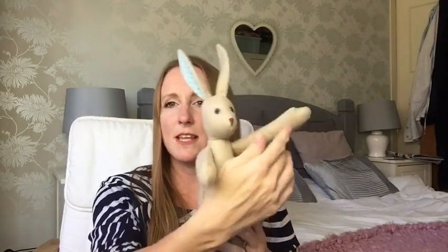The buttons on the arms, I know you should not put buttons on babies' toys. I'm absolutely fully aware of that. But I think these will be less like toys and more like sort of heirloom decoration pieces. So not necessarily to be played with as a baby. So therefore, I went ahead and put the button eyes and the button joins on, which means that the arms